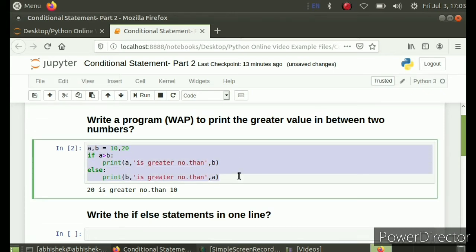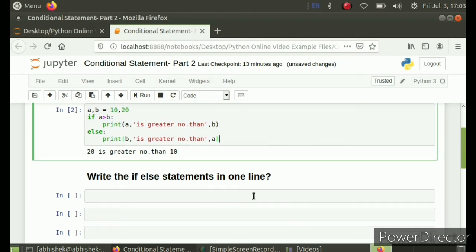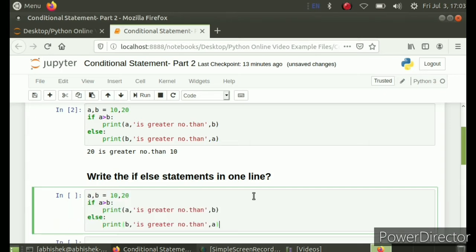Let me copy, select this using Control C, and let me scroll down and paste it here, Control V. Okay, so to write this in one line, you have to realize how you would speak this statement in one line. It is very simple.